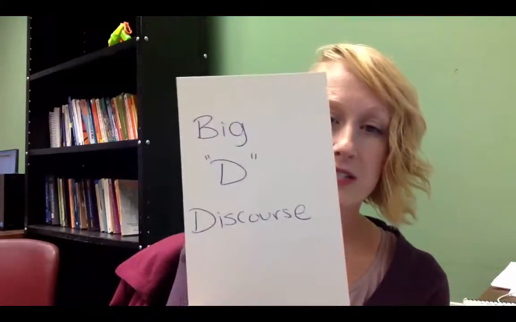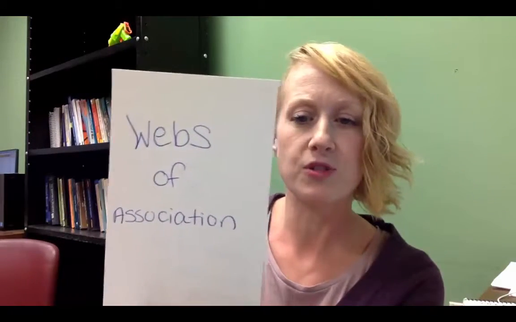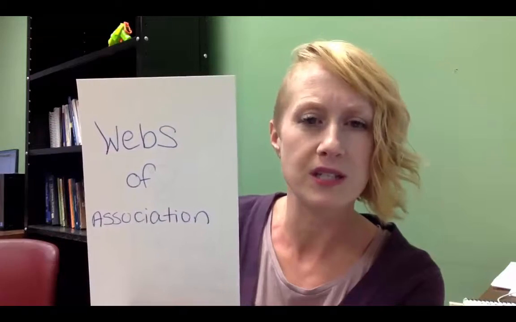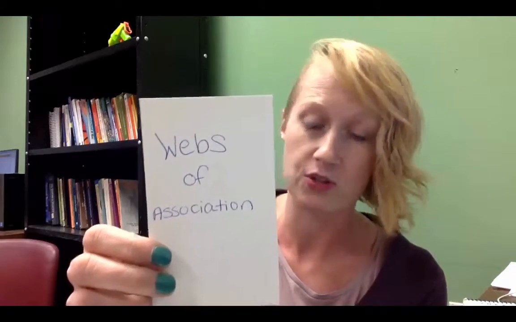Going back to this idea that big D discourse is examining interactions, Gee brings up webs of association, and he says that these different discourse communities can intersect. It's important to see that we aren't bringing a single identity, but that we bring multiple identities to a situation, and that we should look at how those different identities interact with one another in the discourses that we have. So one of the terms is webs of association. He also presents other terms that can be used, and it's important to at least understand that these discourse communities interact, they intersect, and multiple identities come to a specific situation.